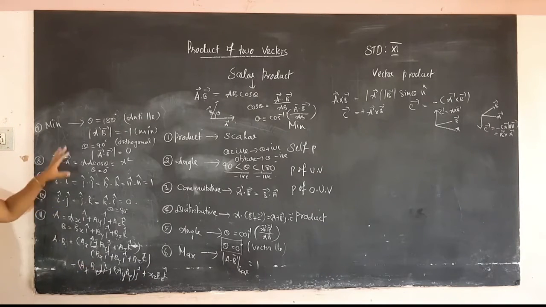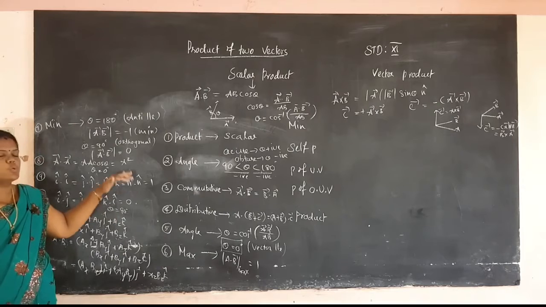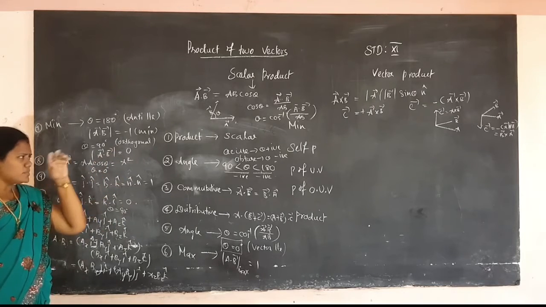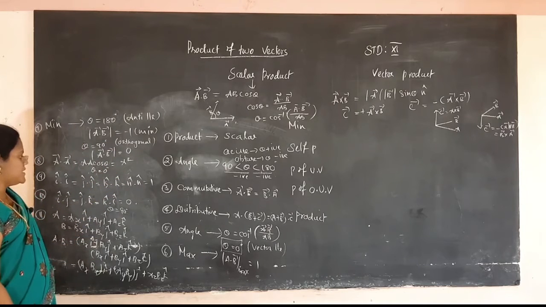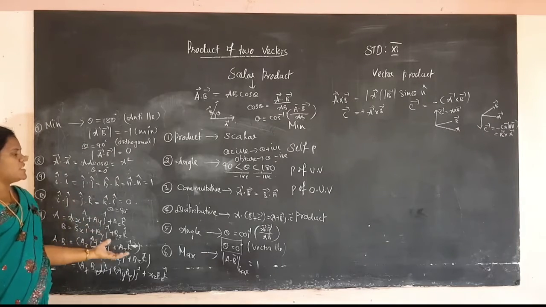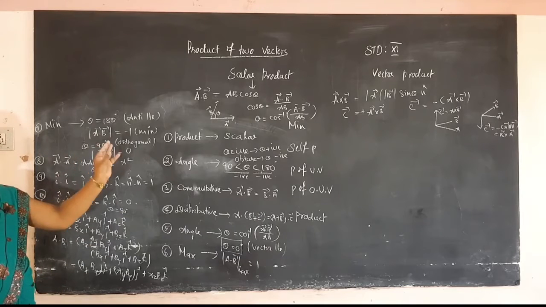So these are all the points on how to find the product of two vectors in scalar form. A scalar product of two vectors has 10 or 11 points, as I mentioned, and the 11 points will likewise be mentioned in the vector product of two vectors. I am just explaining the definition only.